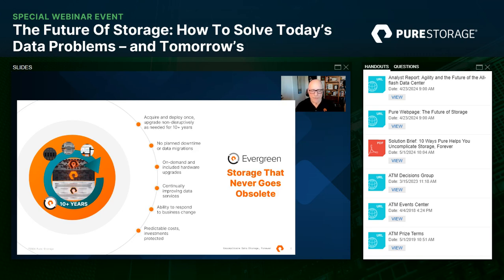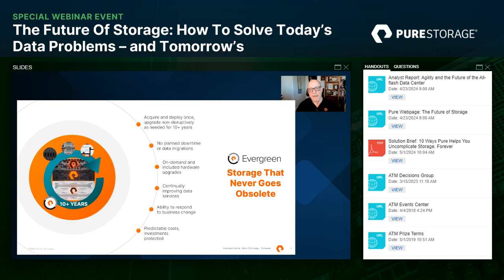So it starts with the actual storage architecture itself and designing into it the ability to upgrade over time, not just add more capacity, but add more performance and new features. It has a very software-oriented design, one where all the bells and whistles technologically are baked in, so that no matter the type of upgrade you're looking for, it doesn't require the storage being taken offline. There are no outage windows or anything along those lines. There's no planned downtime or data migrations at all. So that's the first part of Evergreen.